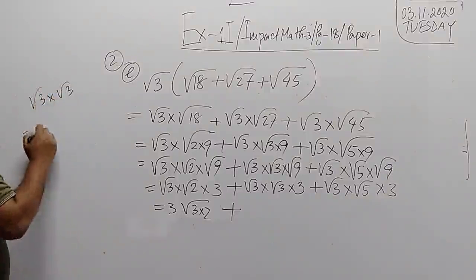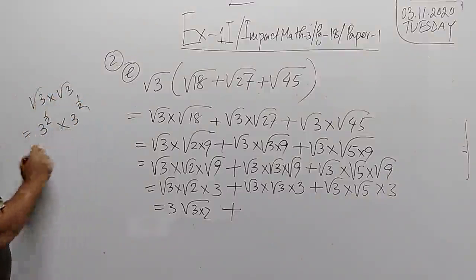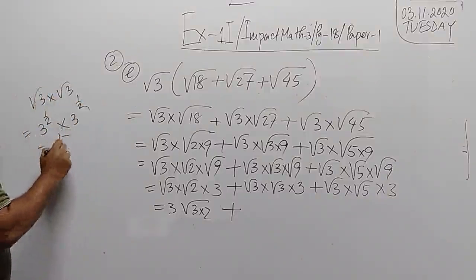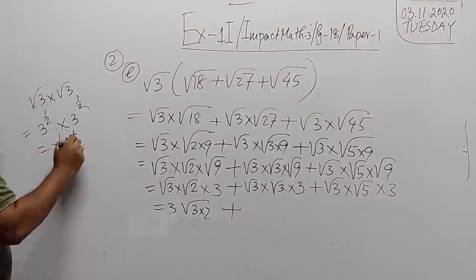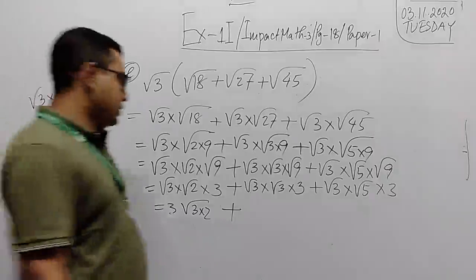What is the square root of 3? 3 to the power half. Here 3 to the power half, 3 to the power half plus half. It is 3 to the power 1. Done? Now,